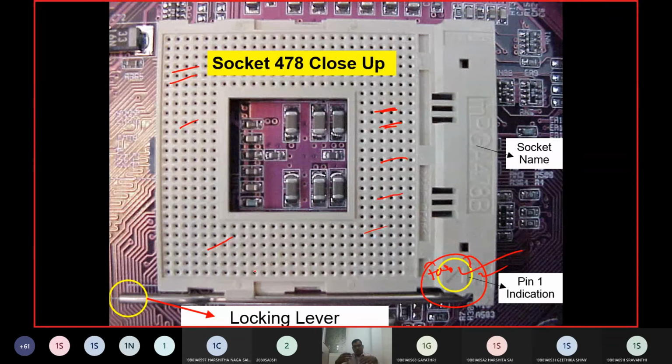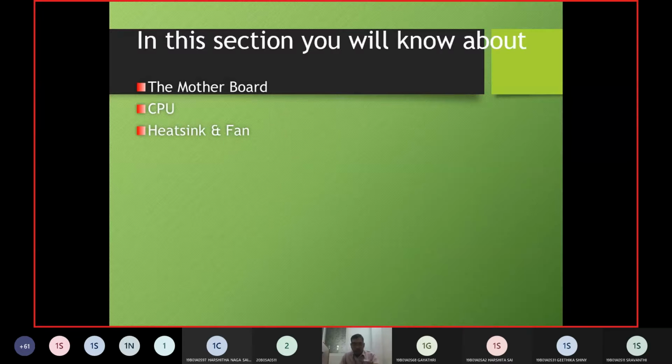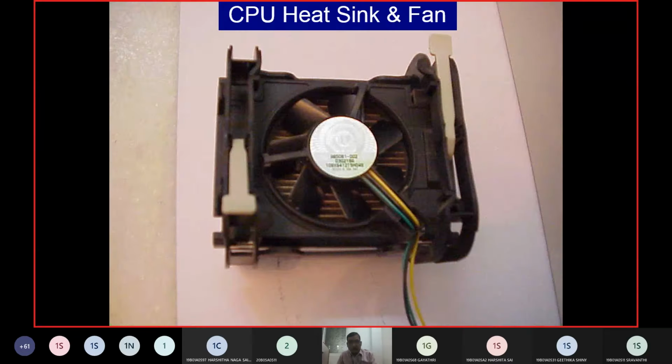So sometimes when we are using a laptop, we move it here and there. And similarly, even a desktop, we will shake the desktop and move it from one position to another position. So obviously, a pin may be disconnected. To see that that doesn't happen, we are going to have a lock mechanism. We call it a locking lever at this point.